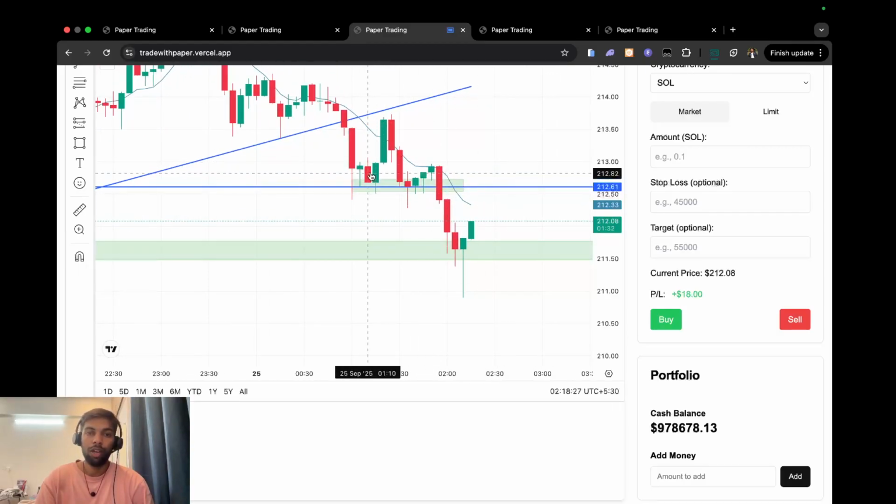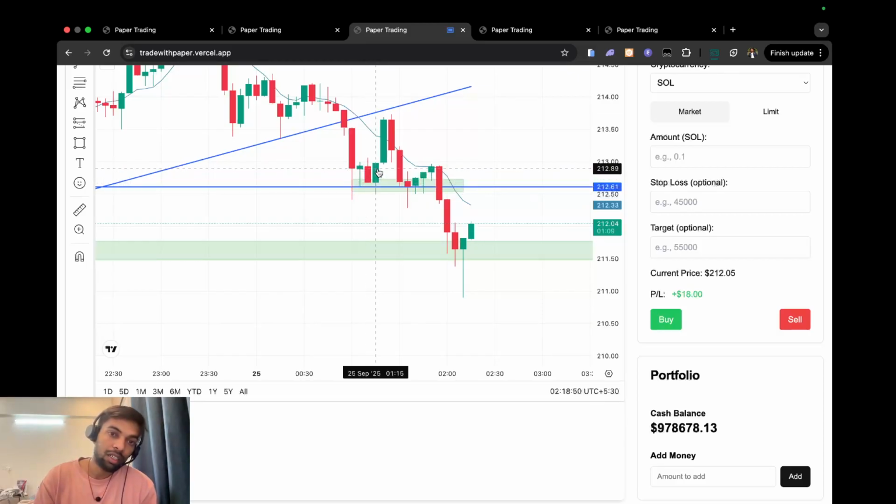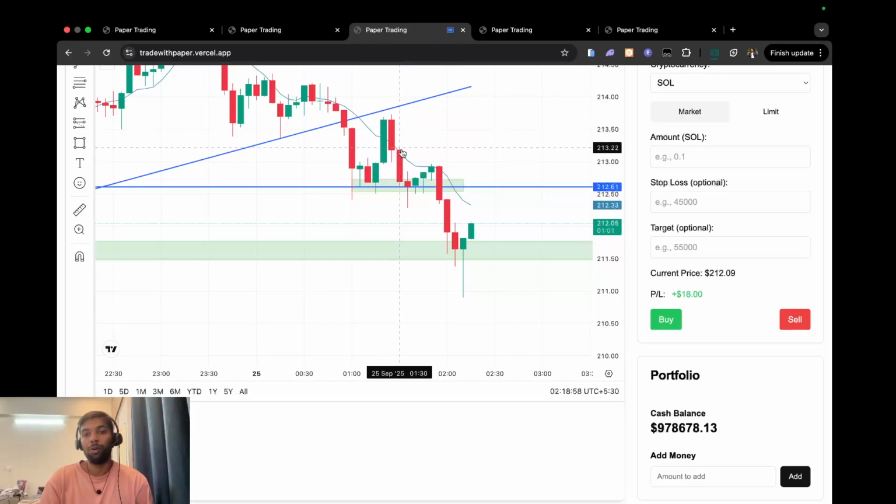But we have to take care of such kinds of candles. Like, I took my first trade at this point, and after this, the market made this candle. So we have to take care of that. After seeing this candle, most of the sellers will panic. They will say, okay, now this is a full body green candle, it might be an indication that the market will reverse. So they took their stop losses and the market reversed. Then another opportunity came in. Now we have to be patient enough to see the closing of the candle.